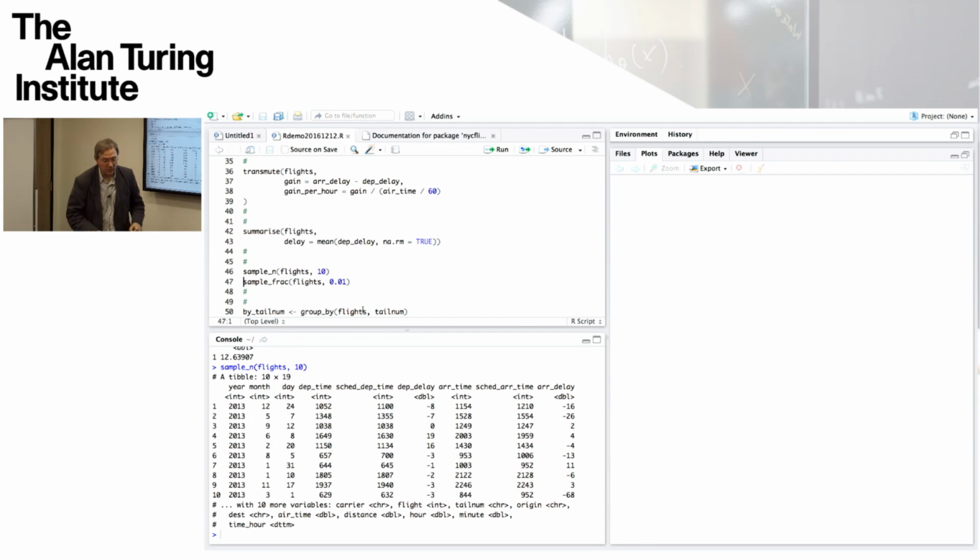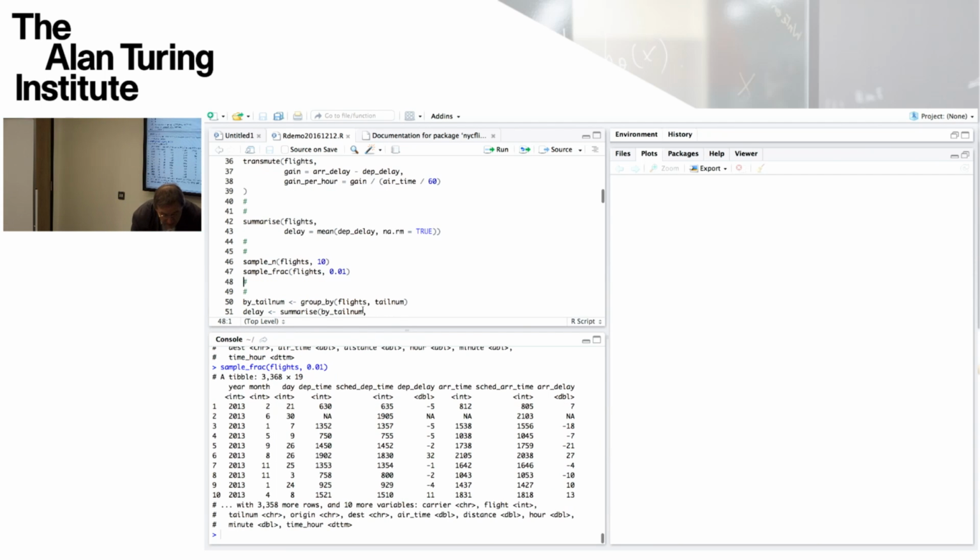Okay, that's sample n. Sample frac, given here, is going to produce a 1% random sample of our flights, which has 3,368 rather than 336,000.